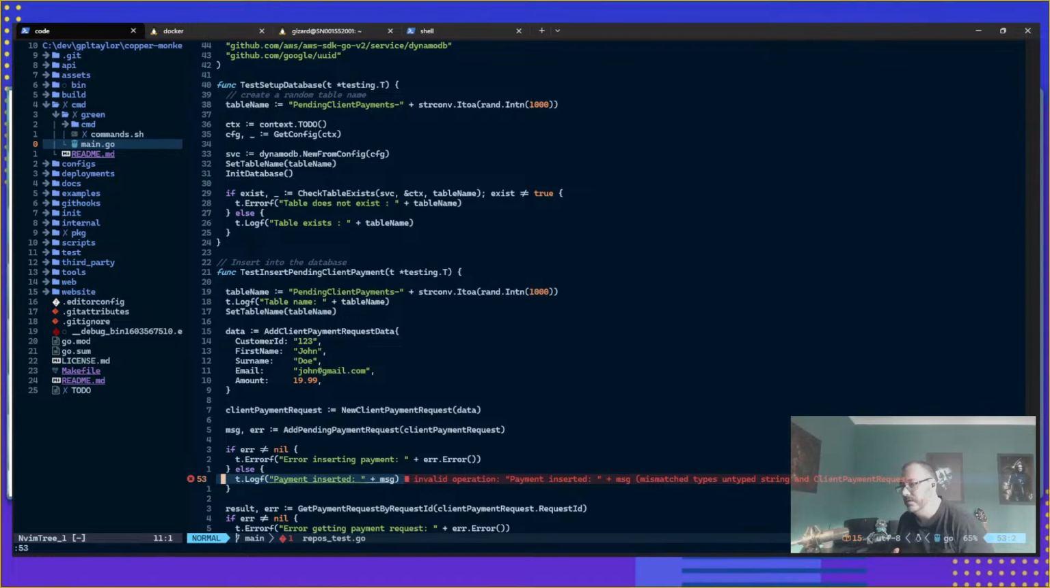I mean, I know what it means, but I've never really bothered to read it. Mismatched types. Yeah, the types are not correct. Types untyped string. What the hell does that mean? I mean, I get it, you know, the type's not right, but